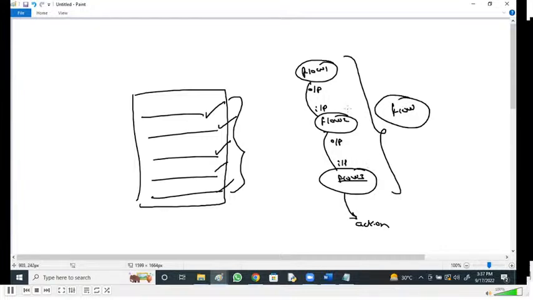Until then, it is not going to get executed. That's what lazy evaluation means: until you perform the action, the entire flow does not execute. So we need to perform an action, and when the action is performed, it executes.